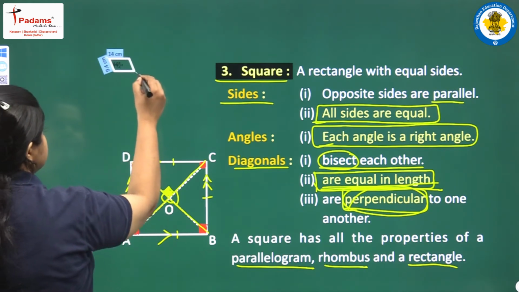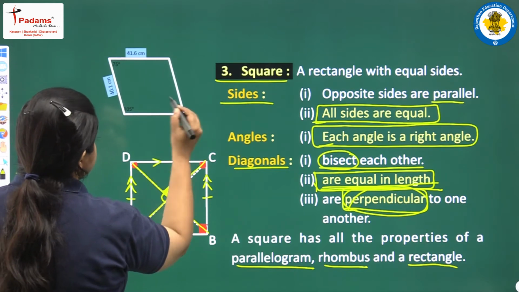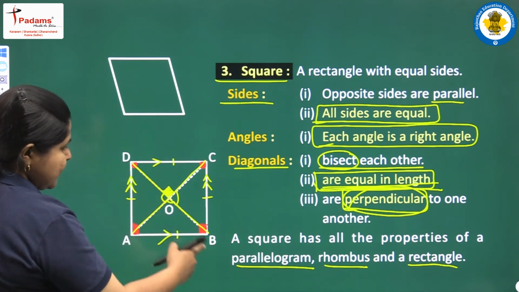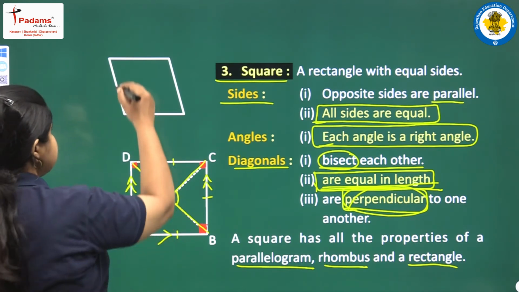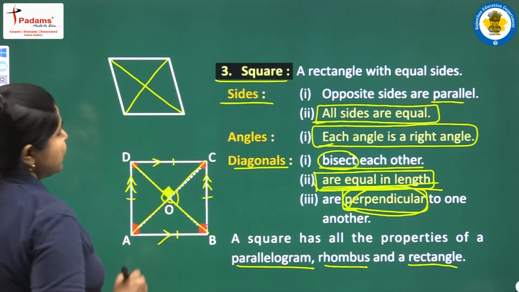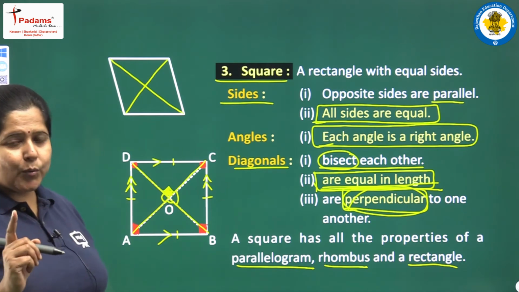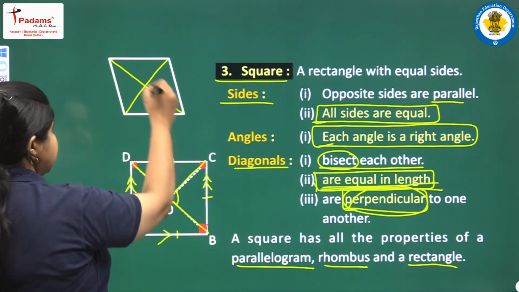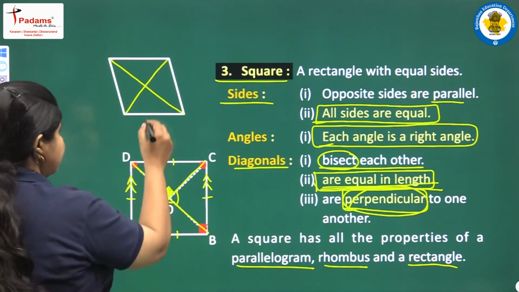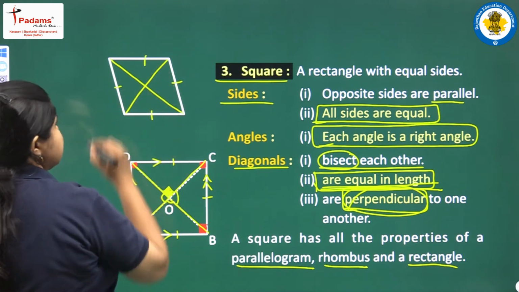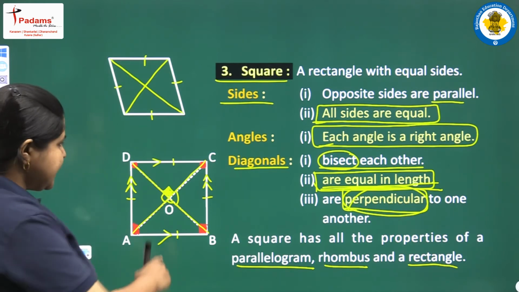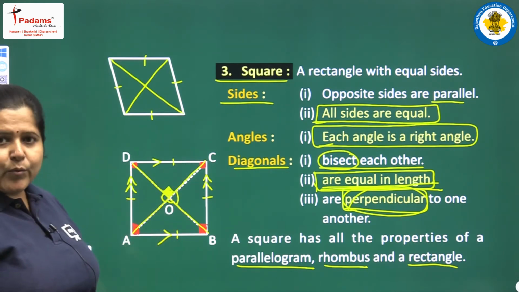This is a rhombus. Now, what we see here is the diagonals of a square are equal. Let me draw the diagonals of a rhombus also. This is the first one and this is the second one. Are they also equal? No, they are not equal. This diagonal is longer than this diagonal. So, in a rhombus, which again has all the four sides equal as it has in a square, the diagonals are not equal in a rhombus, but in a square the diagonals are equal.